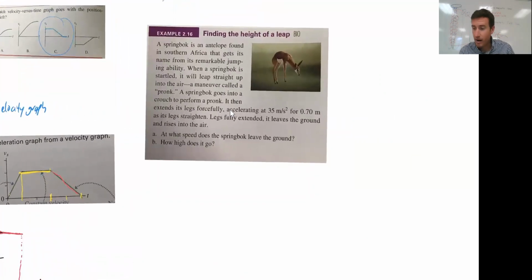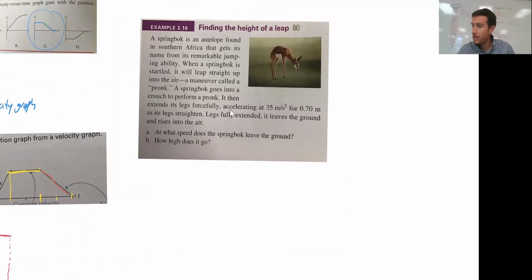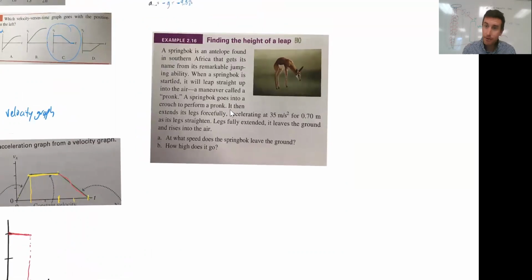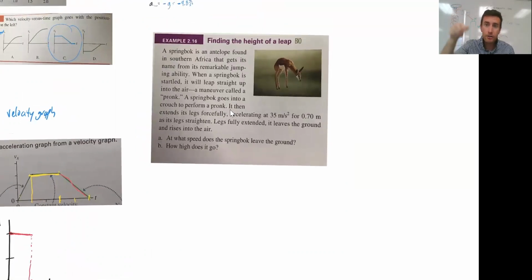There's a whole bunch of practice examples, each one showing different ways of doing that. For free fall though, if you're going up or down, your acceleration is still down. Your velocity can be up because I'm rising, but rising more slowly, acceleration still down. All right, so find the height of a leap. A springbok is an antelope found in southern Africa that gets its name